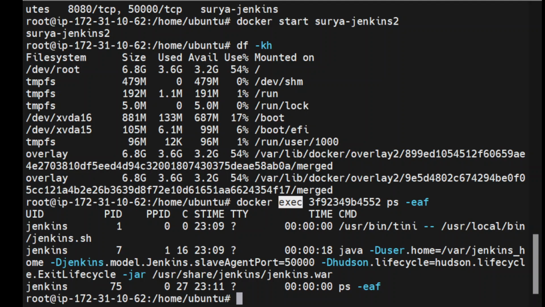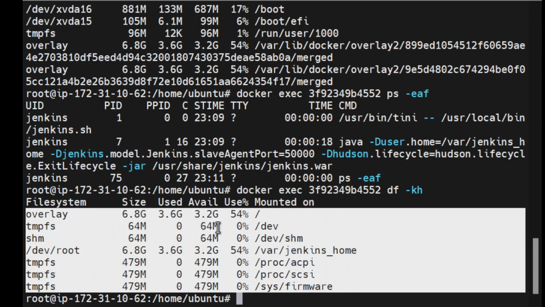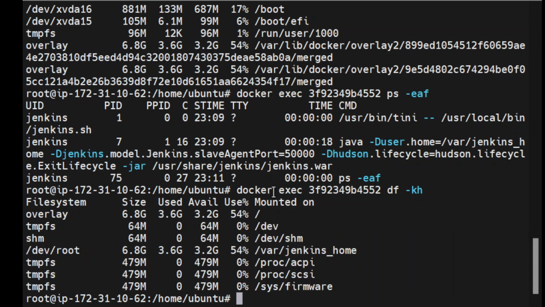Similarly, I can run many other commands like the df command. Yes, you can see I have run this df command from the outside. So for running any commands from outside a container, you can use the exec command. For example, I can also create a file inside the container from outside. So I can use docker exec, the container ID, and the touch command. I will use touch /tmp/